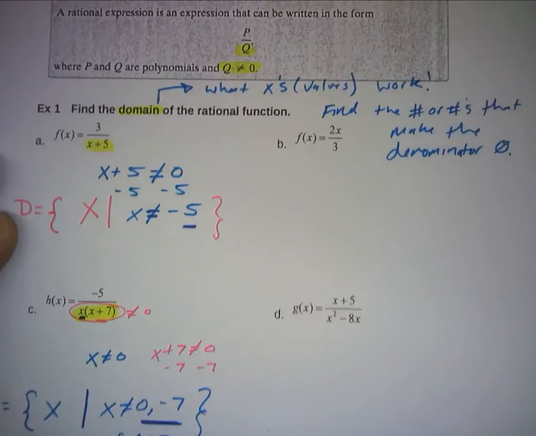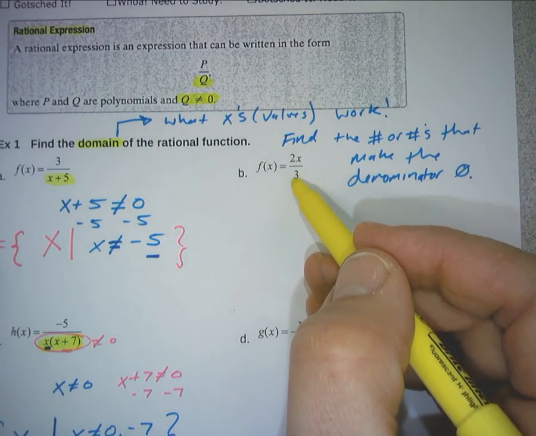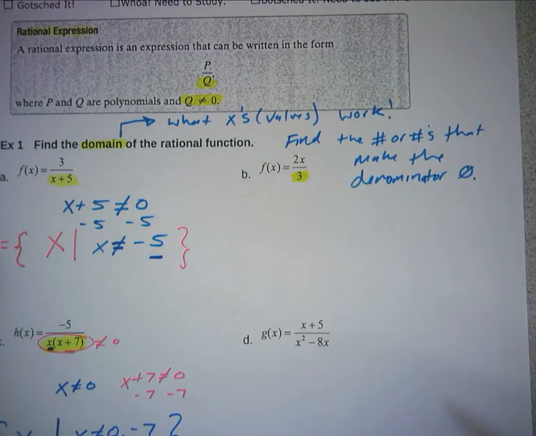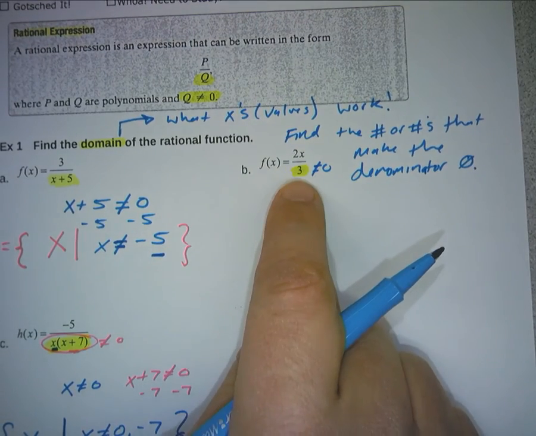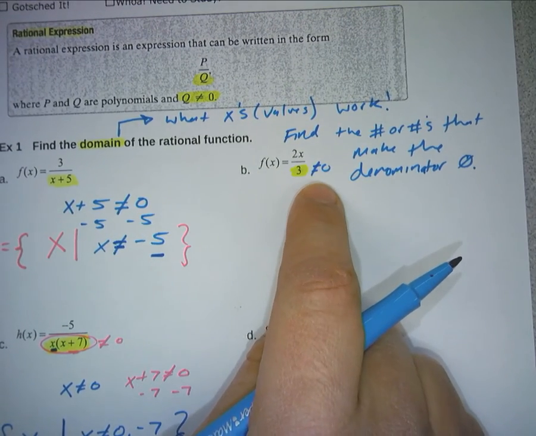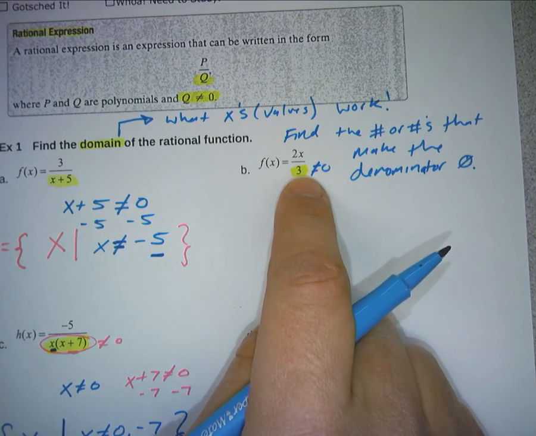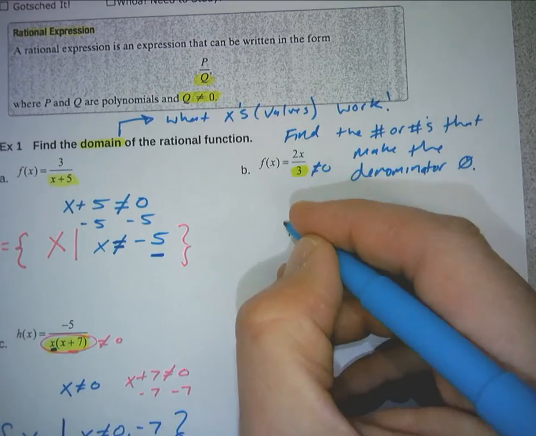Okay. I want to include this one for part B. It says I've got f of x equals 2x over 3. Again, my denominator cannot be 0. Well, there's no variable to solve here. It's just 3. 3 cannot be 0. That doesn't make sense. Okay? So if there's no variable to solve, then there's no exclusion. Okay? So my domain